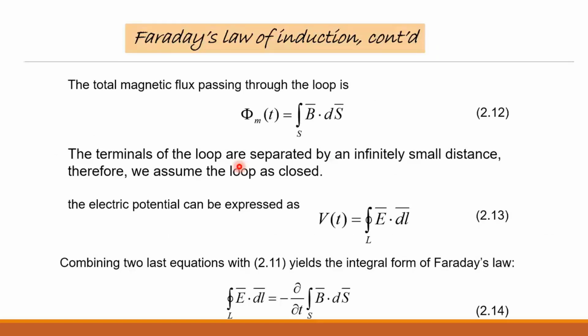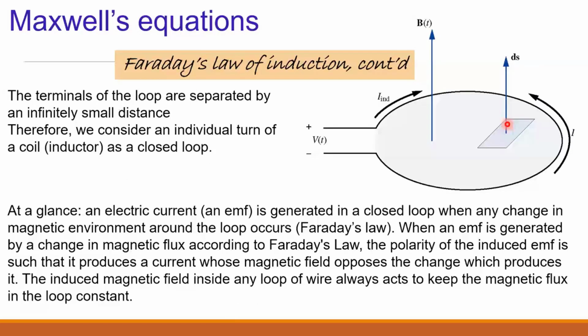Hence if there is a change in flux, there will be EMF. If EMF is there, a current is induced. That induced current will try to keep the flux constant. Hence, the magnetic flux will remain constant inside the loop. Faraday's law says this. Okay, so what is the final thing?